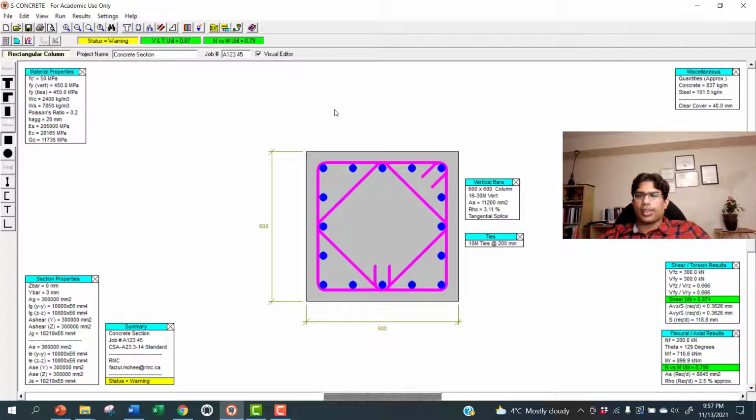Thanks a lot, this is the end of the SConkit tutorial. Hopefully you can use the SConkit software successfully to do the design work in assignment 3 and also in the project. And if you want, you can also verify all of your manual column design for fun using SConkit software. This is a very useful software for beam design, column design, and shear wall design. So it's a very useful software for real world design work. So I think you can use it in real world sometime in future.